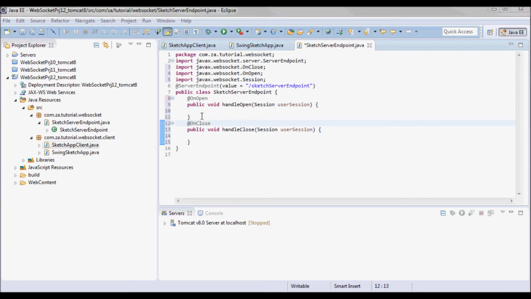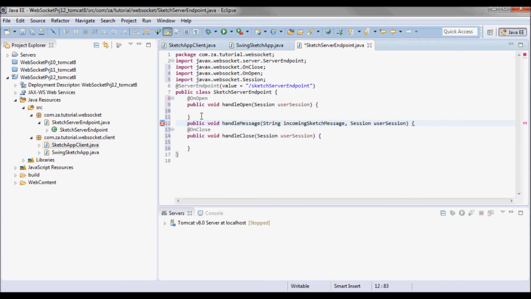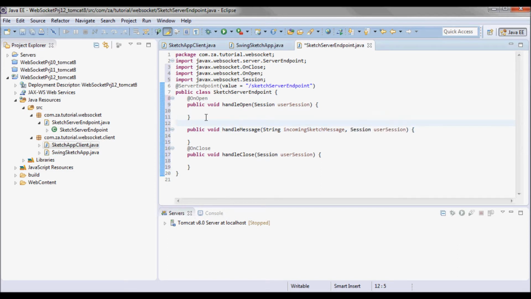And we will also need a method that would handle incoming messages. So this is the incoming string message, and it's coming from this user session, and I'll annotate this with the onMessage annotation.